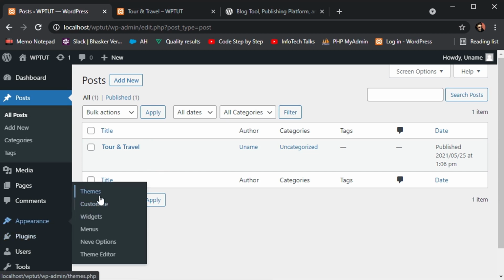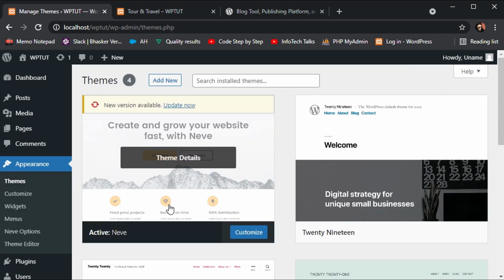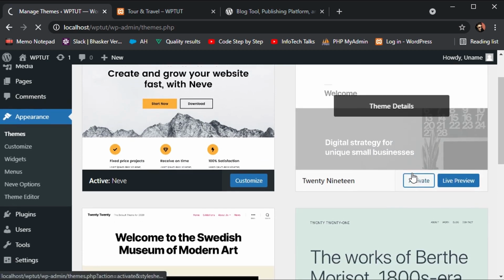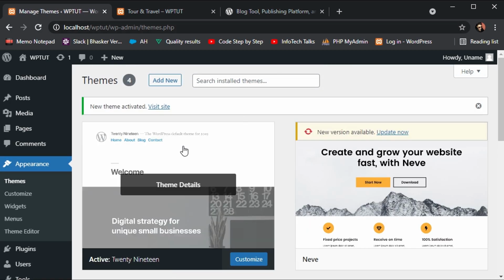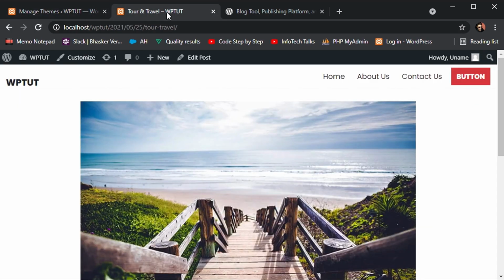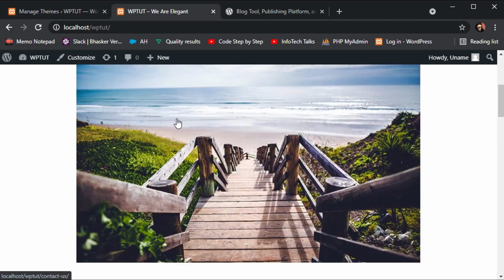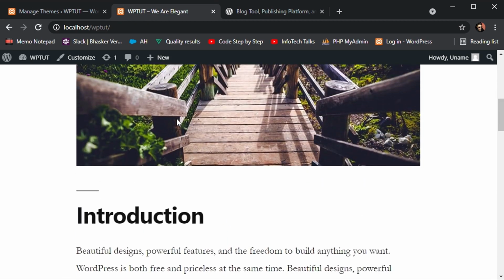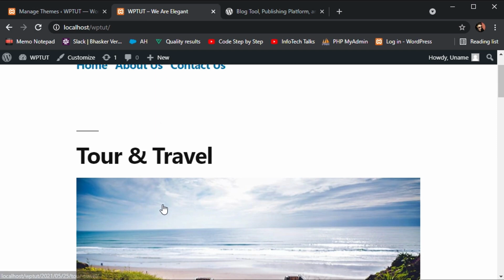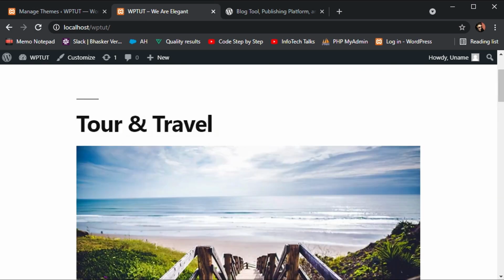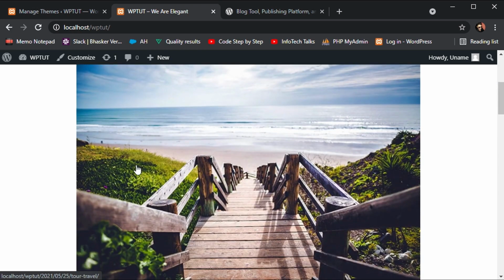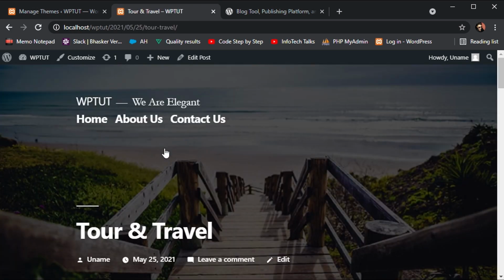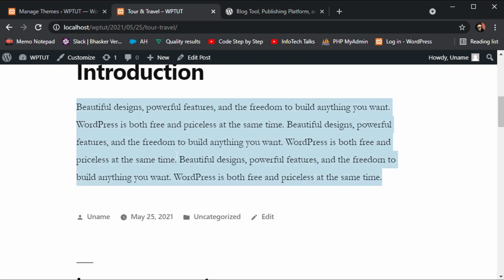You can check the appearance of this post on different themes. For example, right now the selected theme is Neve. I want to check this out on the 2019 theme, so I activated that theme and I'm clicking on website and refreshing it, and you will see. So this is how 2019 displays your post. You can definitely visit the post by clicking on the title or the image. This is how it will display your featured image in blurred form in the background, and this is the description of your post.